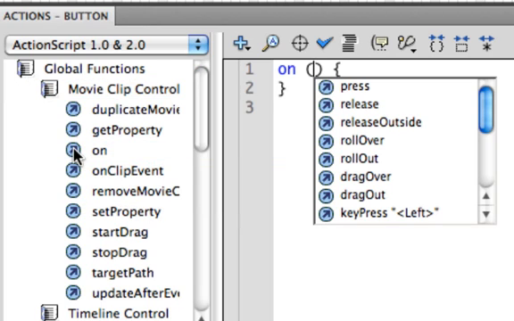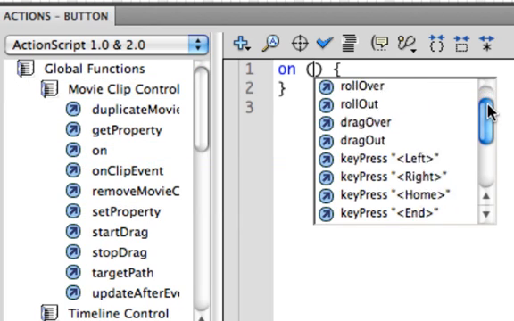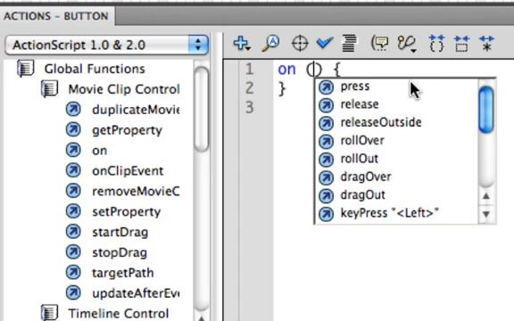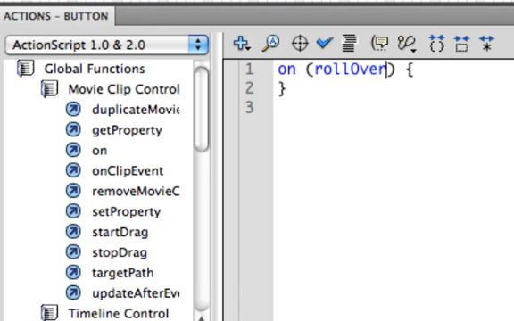And we'll have a little cheater menu here of things that we can choose from. By default, a lot of times we'll choose on release, because when you click on a button, something happens. But in this case, we're not going to click on the button, we're just going to roll over the button. So we're going to choose rollover. It's going to be our mouse event. So on rollover is going to be our mouse event, and now we have 2 curly brackets, and our action,